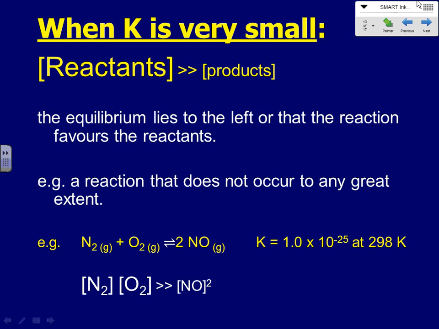And if it's in the middle, then we've got to use a particular tactic. We can take shortcuts. If it's really small, we can take shortcuts. Okay, so this reaction 10 to the minus 25 hardly went anywhere, which is a good thing because